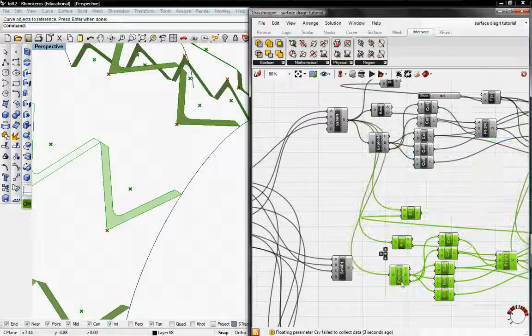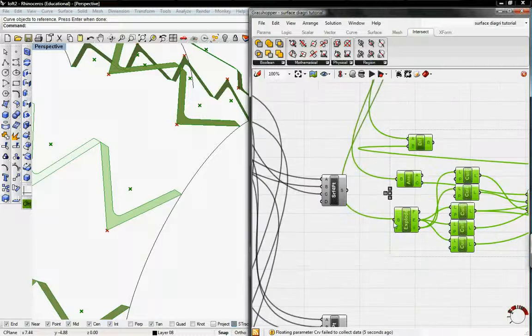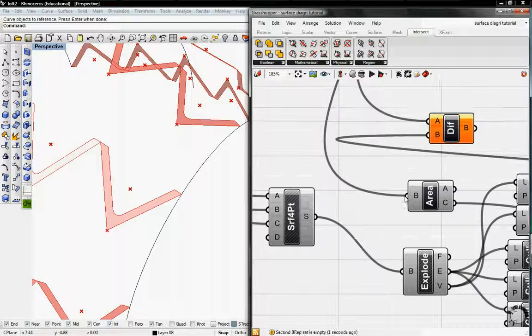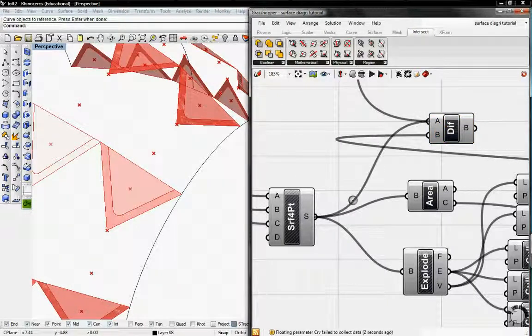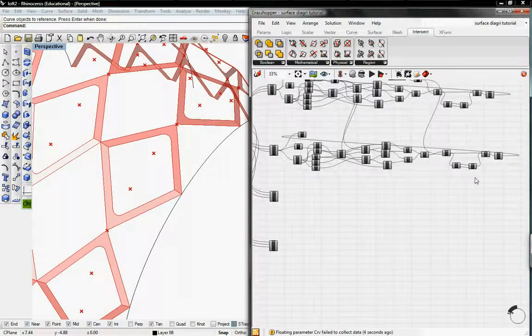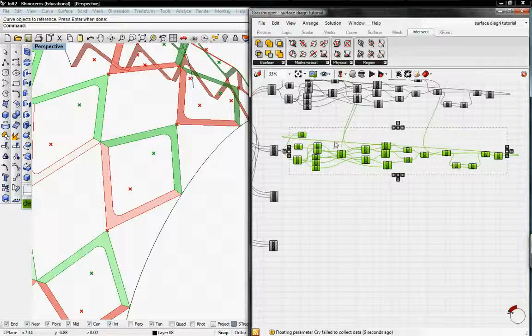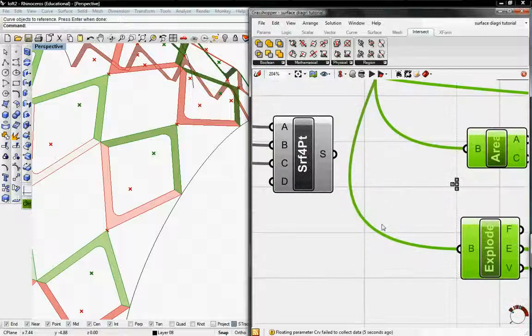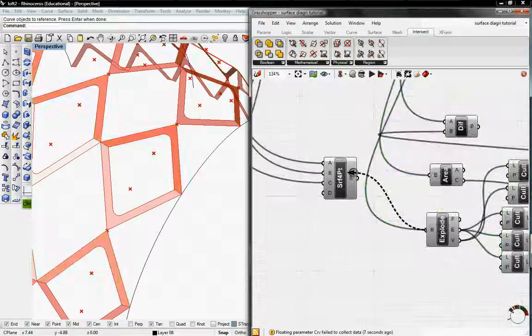and then I'm going to drag this down to the second surface. I'm going to reconnect the explode here and the area to the new surface, and then reconnect A to surface. So now we have the other ones. And then I'm going to recopy this also, and I'm going to copy and paste it. And I'm going to drag it down. I'm going to reconnect this,